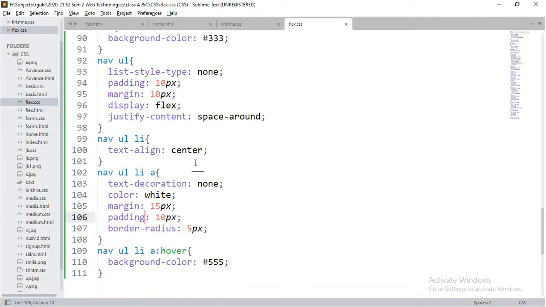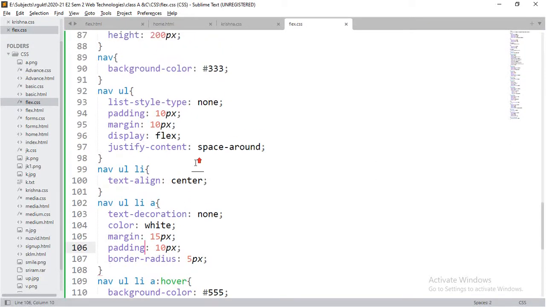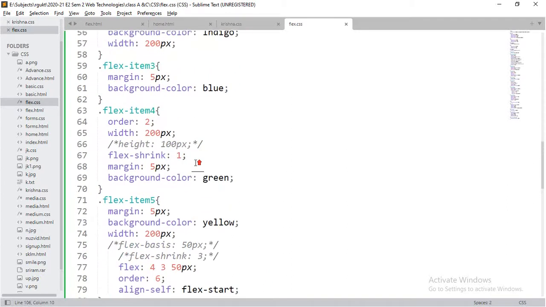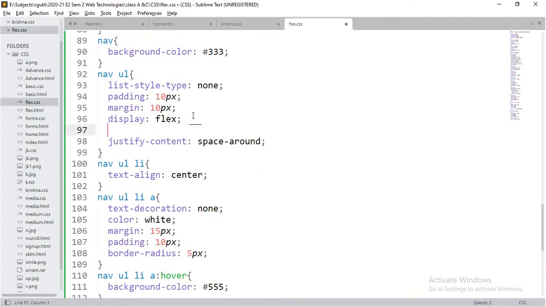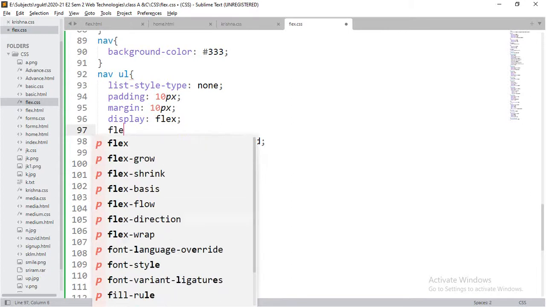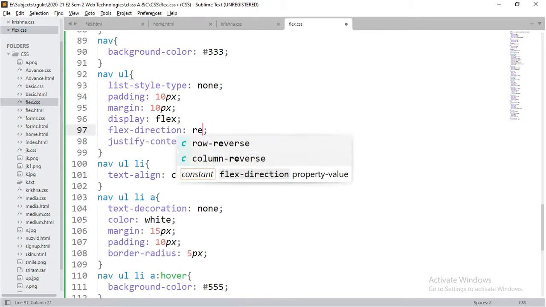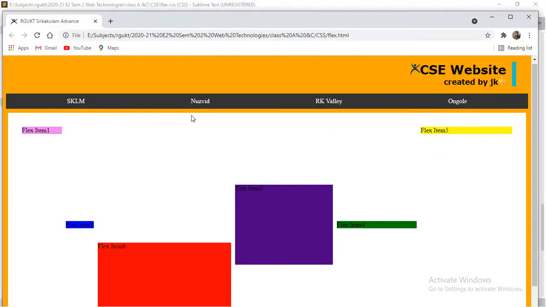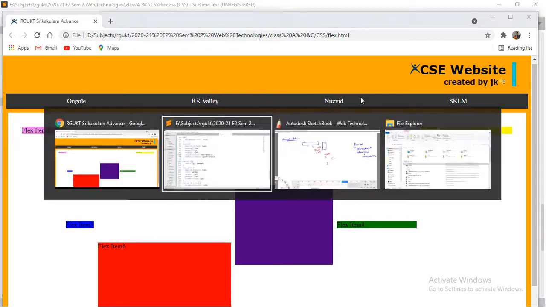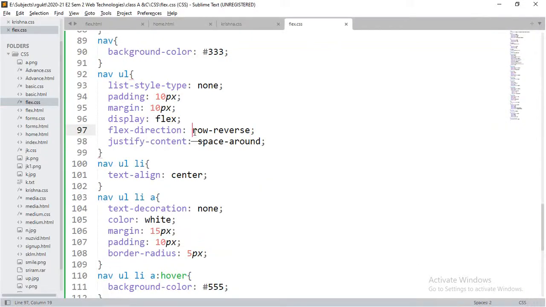If we go for something like flex direction, for example, I'm defining the flex direction. By default it is row-wise, right? So I will go for row-reverse. With row-reverse, you can observe the output, now it appears from the reverse side. This is the way you can change the content. I don't want to do it like this. I will keep it as it is.